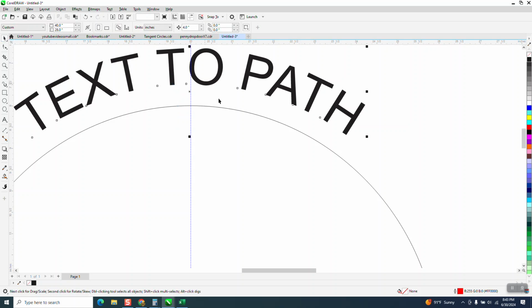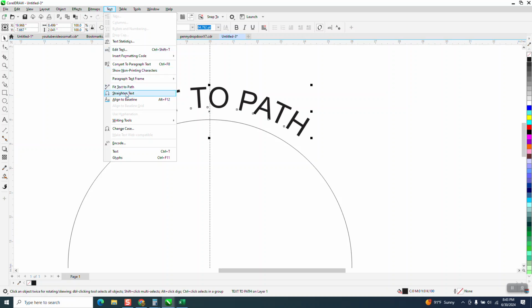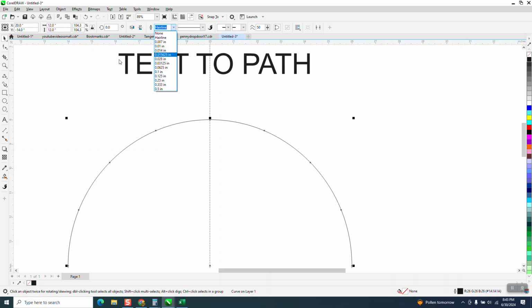The other way to do it, and just another little tidbit here, if you have done this and you didn't make a copy, you can go to text and straighten the text and it'll put it back. Now, the other way to do it would be to take this line, and I've turned my